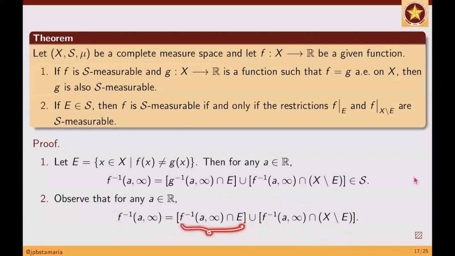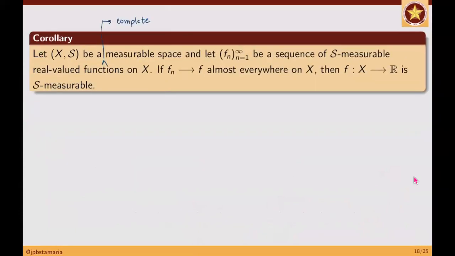Ito ngayon ay nasa S kasi si F ay measurable, si E ay measurable, therefore yung intersection na to measurable. Si F ay measurable, so itong inverse image na to measurable, nasa S. Ang complement ng E is also measurable, so ito yung nasa S. Kaya lahat yan nasa S. Did you understand me? So, basta, kung nalilito kayo sa proof, just remember these results. Okay?